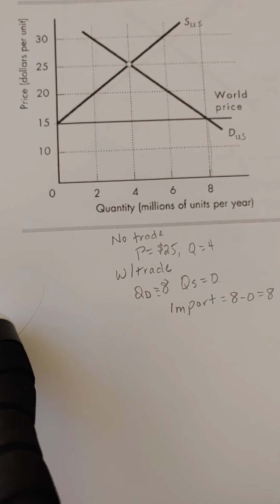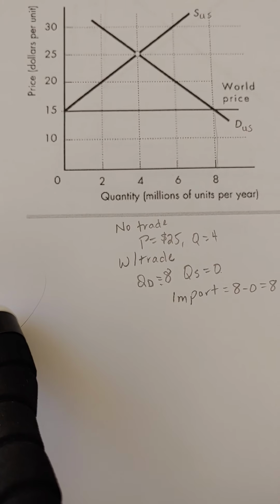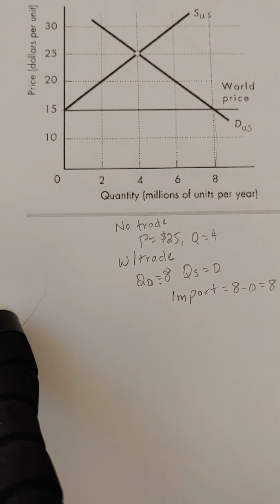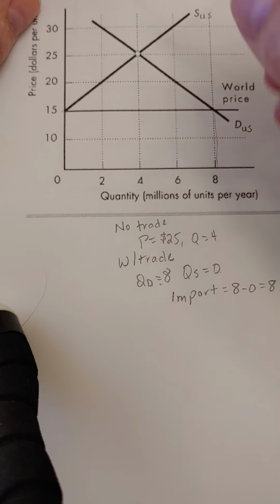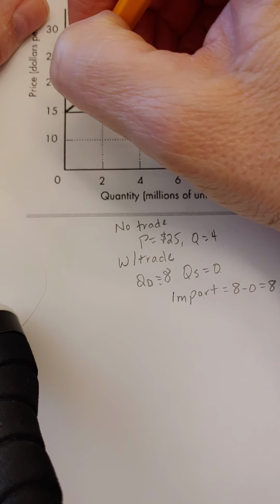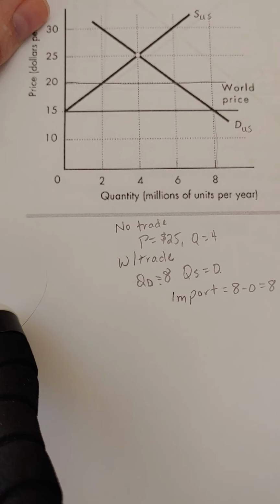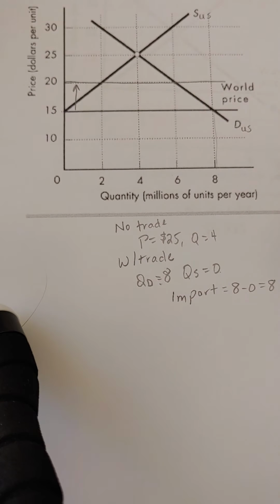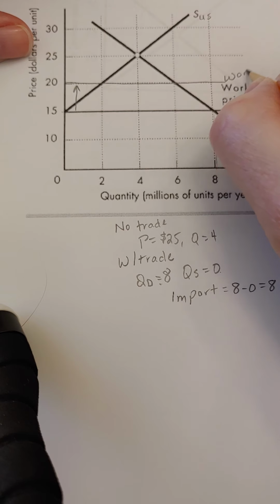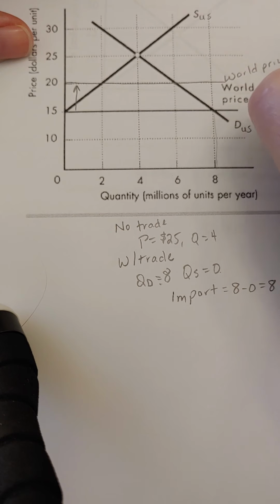Okay, so now the widget suppliers are probably not happy because they're no longer getting to sell any widgets to us because the price is too low. So they're going to go to Congress and say, hey, we need protections, institute a tariff. Let's ask for a $5 tariff. So now we're going to raise the price by $5. Remember, the domestic sellers don't pay the tariff, only the importers do. The sellers in the U.S. are going to get those $5. They don't pay the tariff. So this is the world price plus the tariff. So now the price is going to be $20.